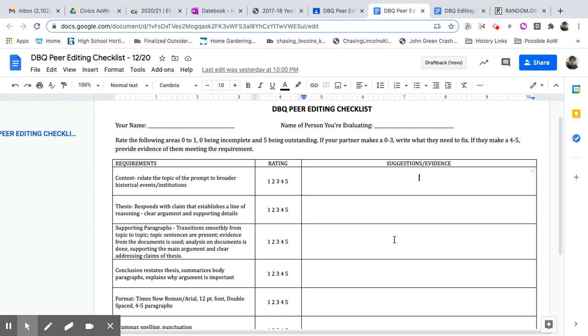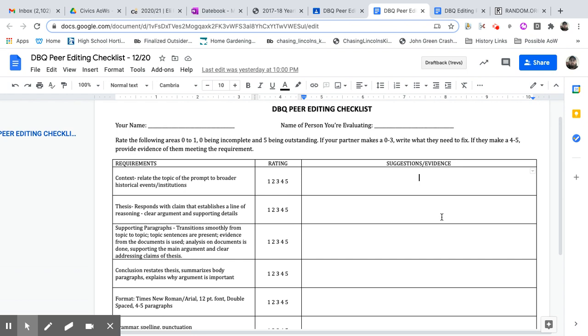So I gave you back your rough drafts. You're going to need to go share that rough draft. You just come up and click the share button with the person I gave you as a partner. There's one group of you that there are three people. You might just have to decide amongst yourselves who's going to send their paper to who. But it'll be like a circle. One will send to one person, that person will send to another, the other person will send it back to the first person, and you'll edit it that way.